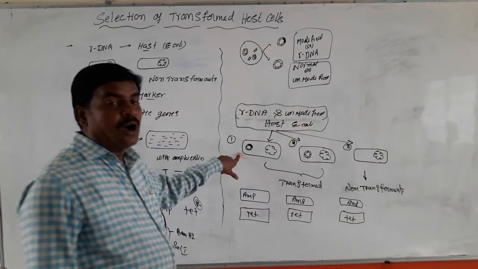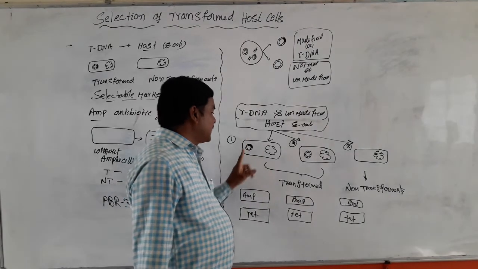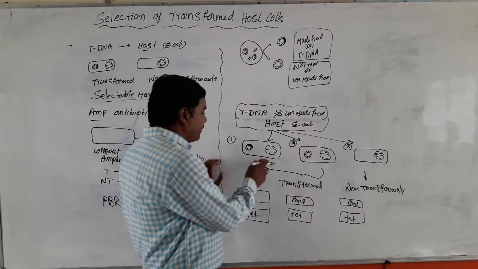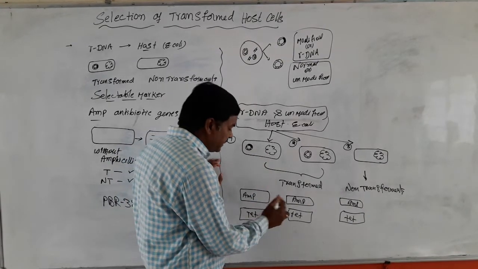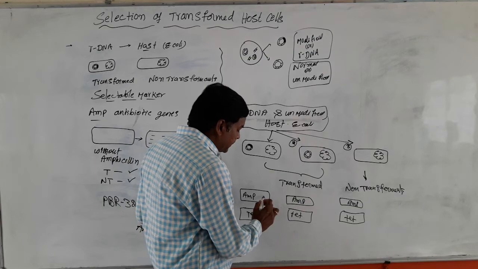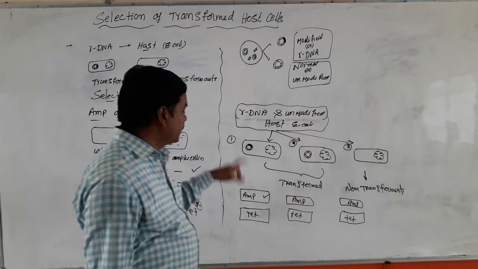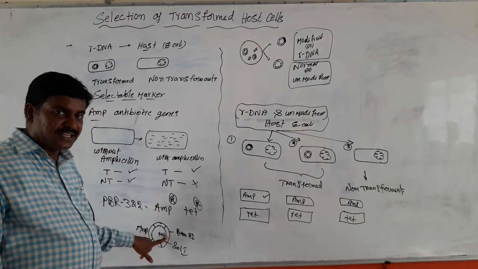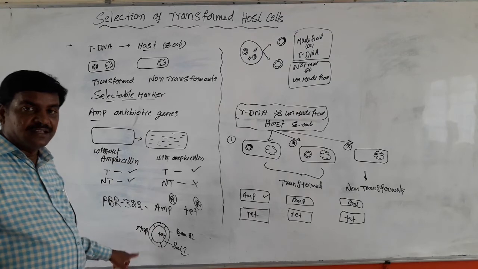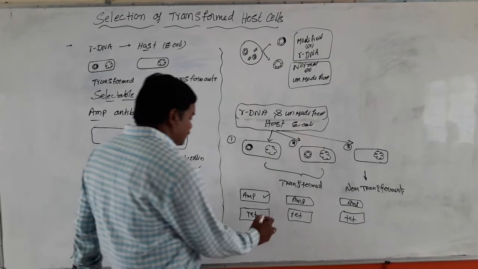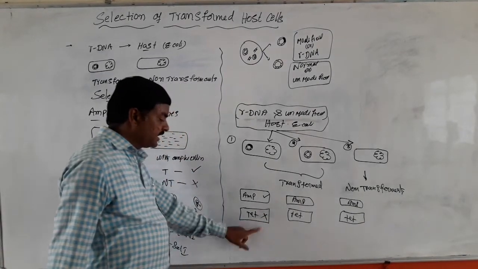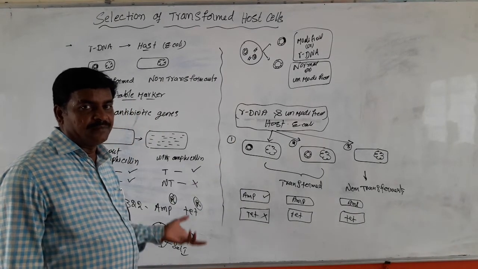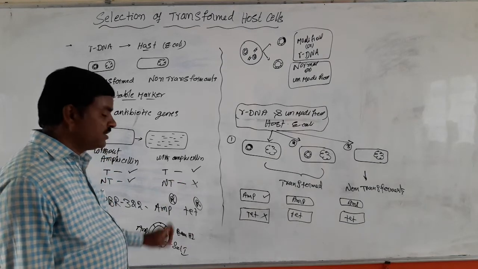So now coming to how we can recognize the transformed cells of the recombinant DNAs. When these type of host cells are transferred to ampicillin, they can survive because genes are inserted into the tetracycline gene. So tetracycline genes are inactivated and ampicillin is in an active condition. But they do not survive in tetracycline because these tetracycline genes are inactivated by inserting the gene of interest.